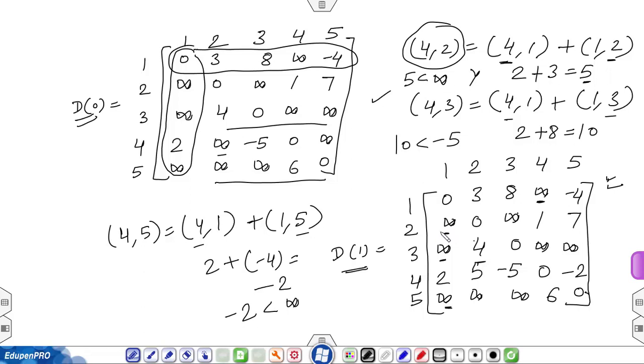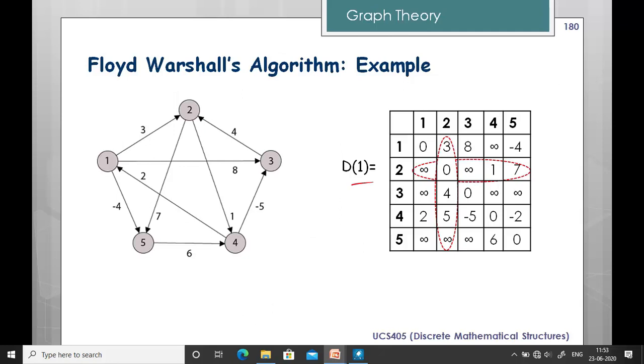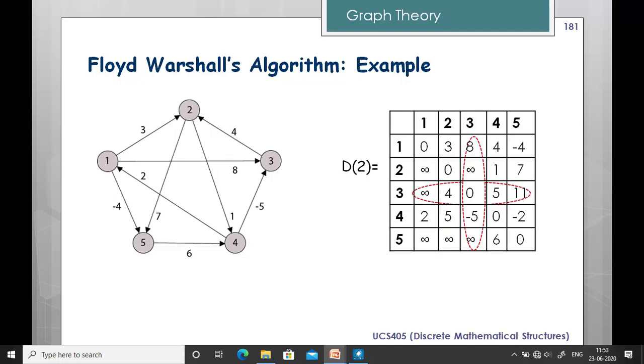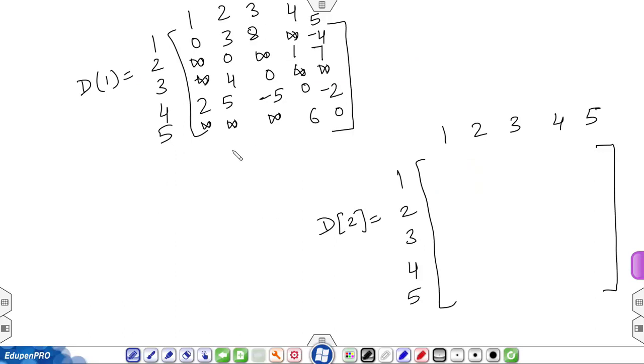So moving further with the next matrix, see, this is the D1 matrix which we have calculated. Now moving further, we have to calculate the matrix D2. For the D2, we will just see one more matrix calculation. Then after that, directly we will see the further matrices. See, this is the D1 matrix which we have calculated recently. Now, we have to calculate the D2 matrix. For the D2, which row and column will remain the same? That is the second row and second column.